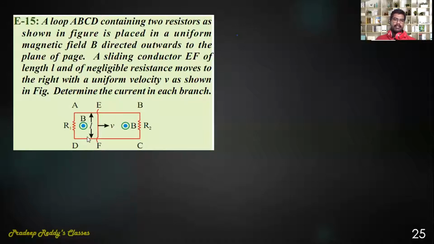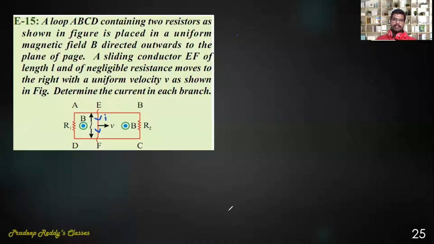Now you can redraw this circuit. See, first find out in which direction current passes through. Magnetic field is towards my side, velocity is right side. So you can use right hand rule, but this time the index finger should be pointed towards my side. And this is velocity, thumb should be right side. Then middle finger will be pointed downward. Therefore, now current in this circuit will be downward.